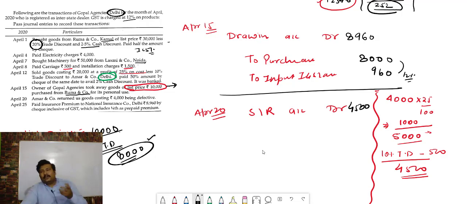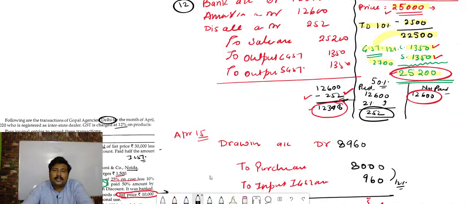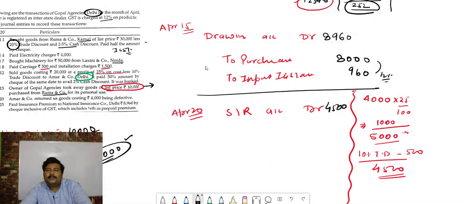And as we know, on the time of purchase, if GST is charged, then when purchase is reversed, GST will also be reversed. So on the time of sales also, whenever the goods are returned, we have to decrease our GST also, which we charged on the time of sales. So on the time of sales, output CGST, output SGST was charged. So on the time of returning, we have to pass the opposite entry. And how can we pass the opposite entry, bacha? Simple.